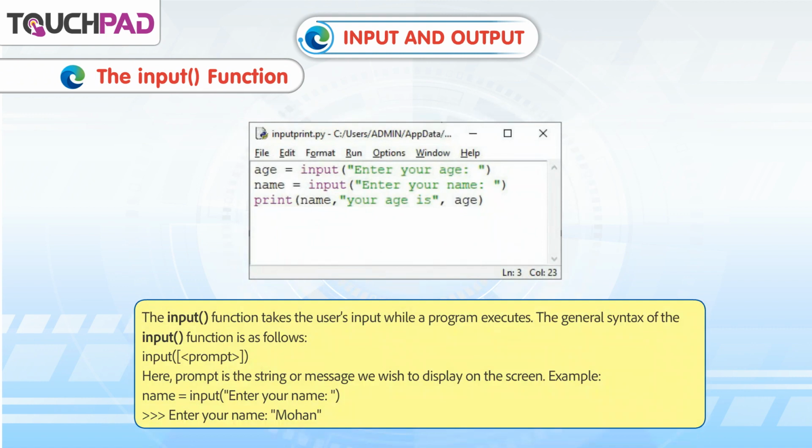The general syntax of the input function is as follows. Here, prompt is the string or message we wish to display on the screen. Example,